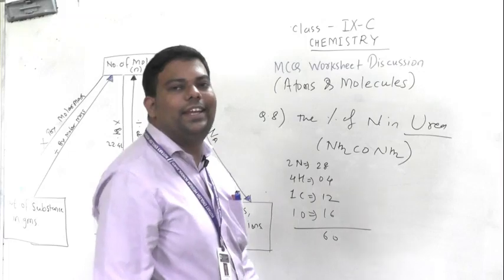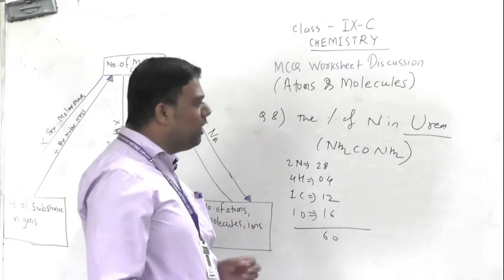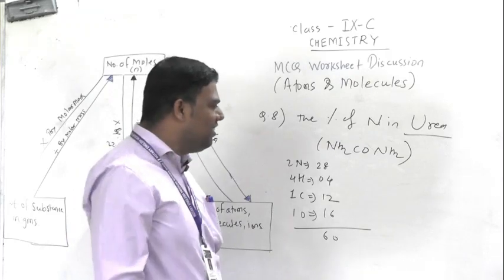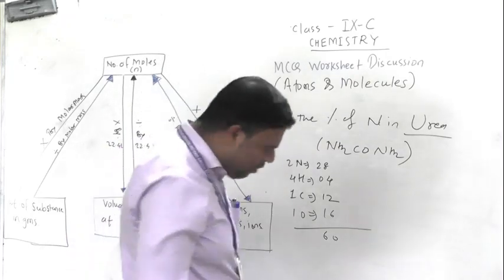60, you will get here the molar mass of this urea. Now they want the percentage of nitrogen only. So in here, nitrogen. So see how can you calculate